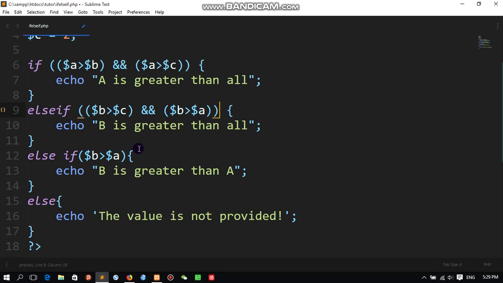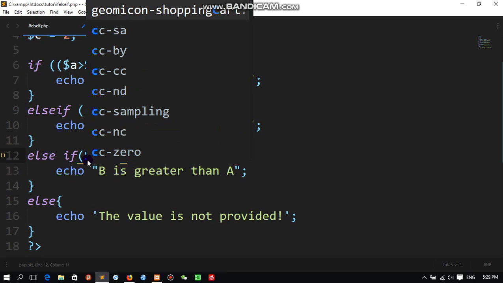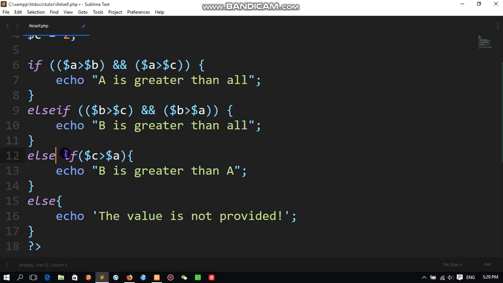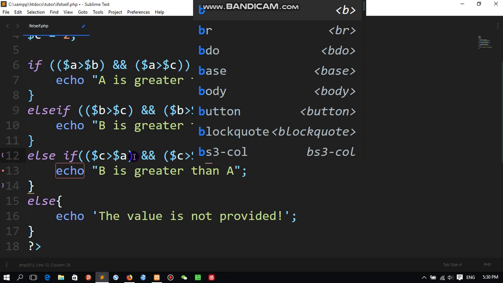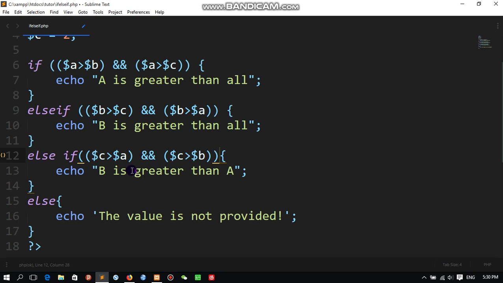Down here, let's change this one to C. If C is greater than A and C is greater than B, we will say "C is greater than all".